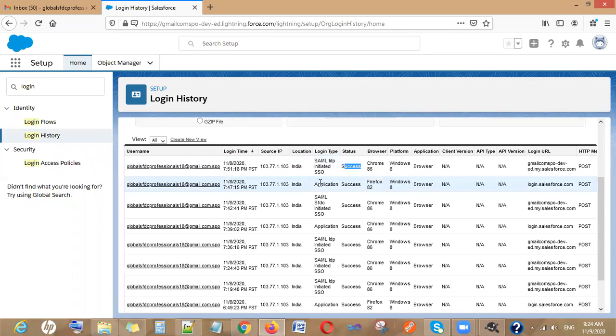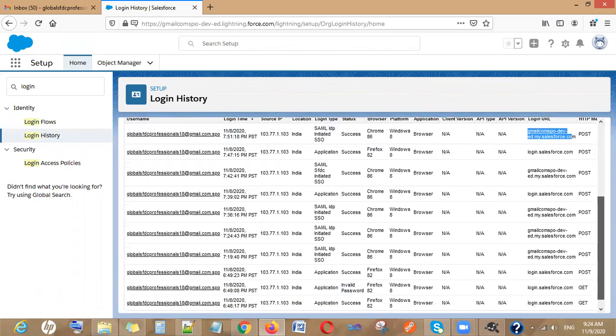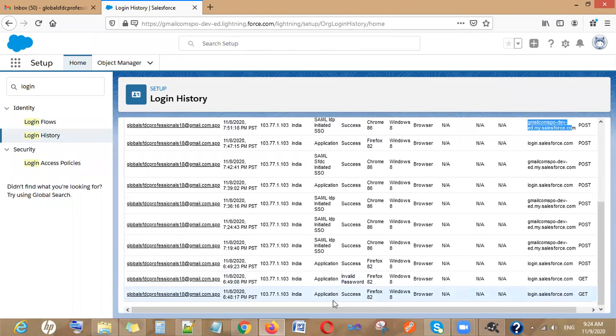And when I'm actually using the user ID and password, then it has a different way to show. You can also see the login URL here. That is what I tried when I was inserting the user ID and password. I may log in from login.salesforce.com, whereas in the SSO, the login URL was different. Okay, so this is all about the